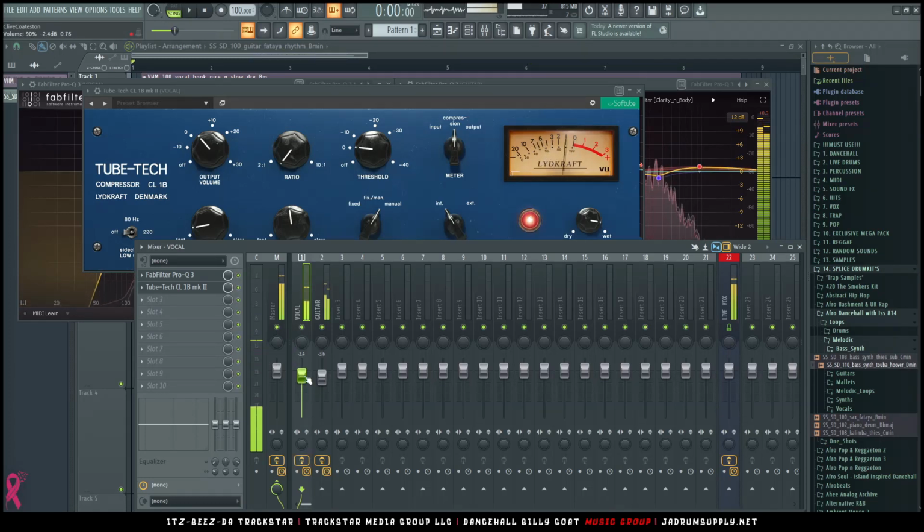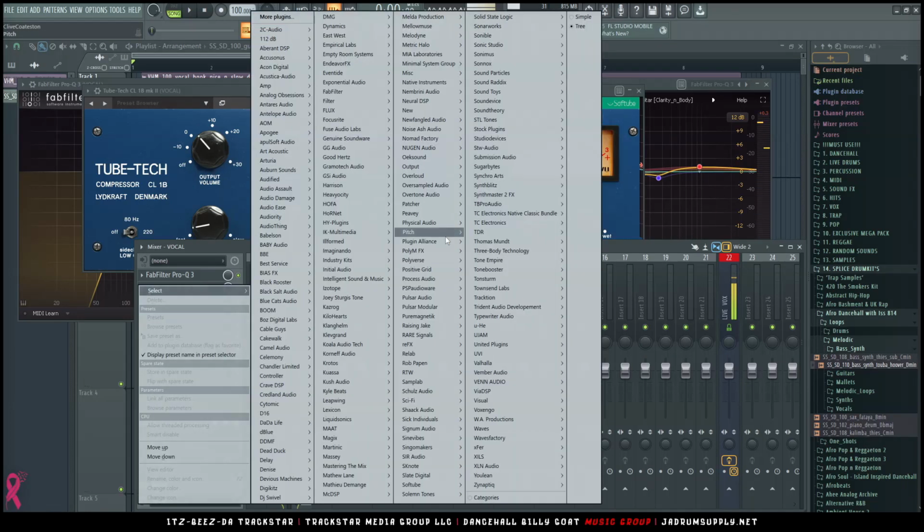Just kind of make it sit down right on top of the vocal. On top of the guitar, you see me? And then lastly, let's introduce the